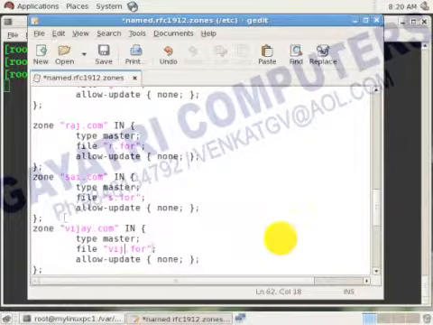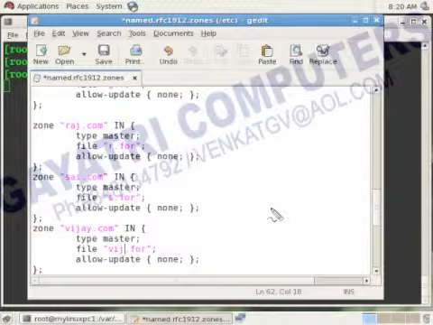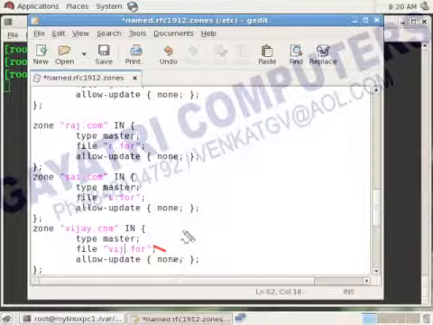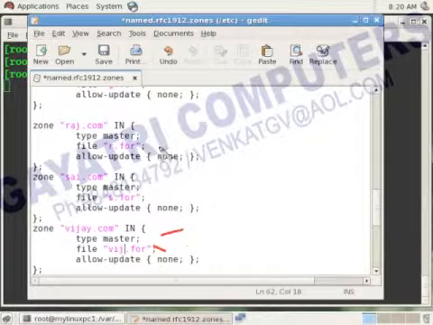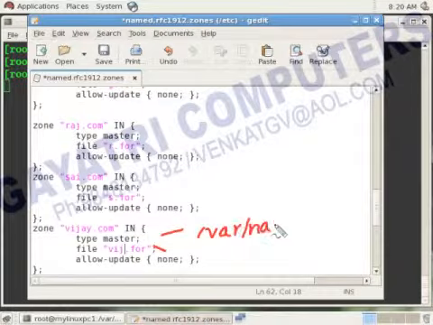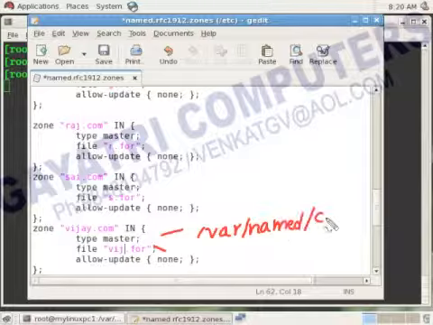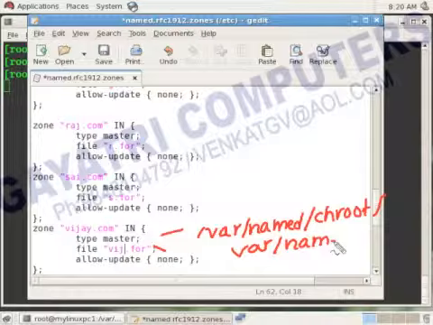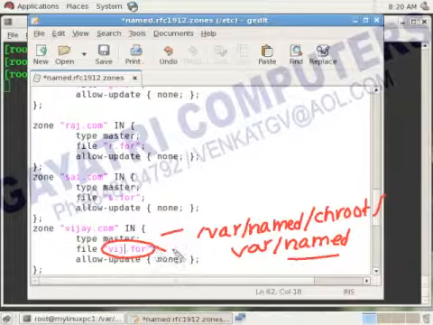Now this is the file name we have to create, and we need to know where it should be located. It goes under the var folder, under the named folder, under chroot, under var, under the named folder. We have to create a file called viz.per.